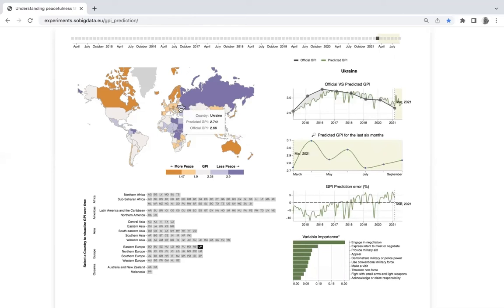Ukraine does not result peaceful for March 2021. Its predicted GPI is 2.74, whereas its official GPI is 2.66. On the right, on the first plot, we see that the GPI increased after the Crimea crisis in 2014, and